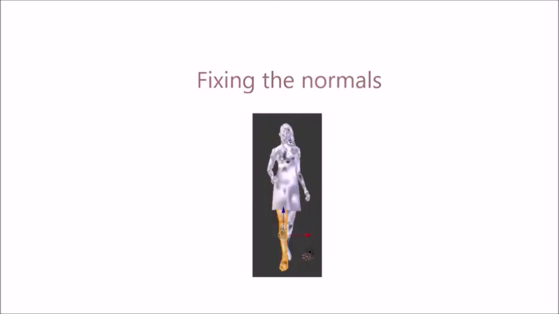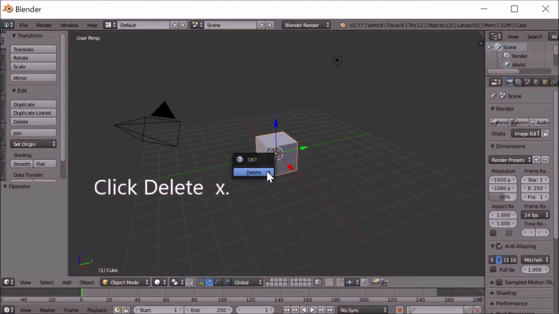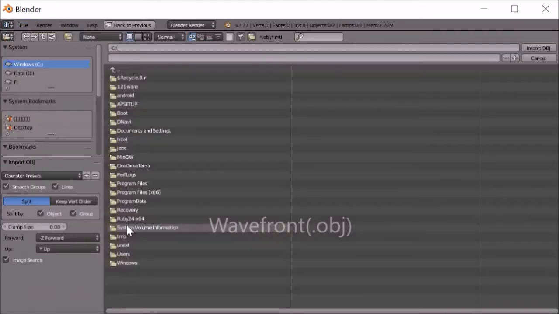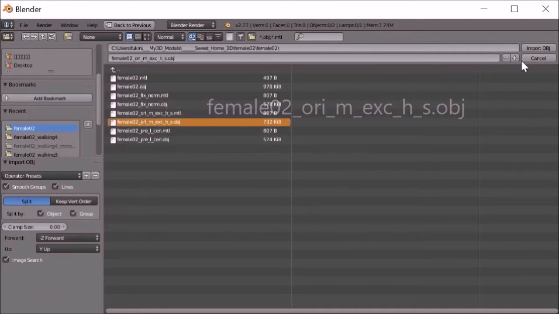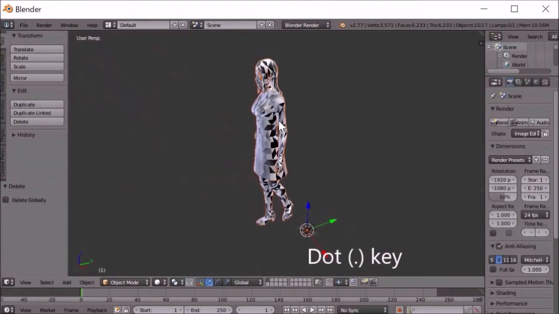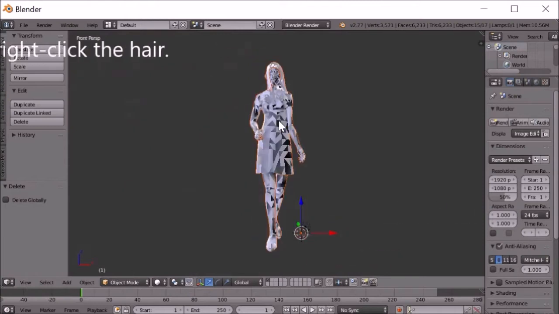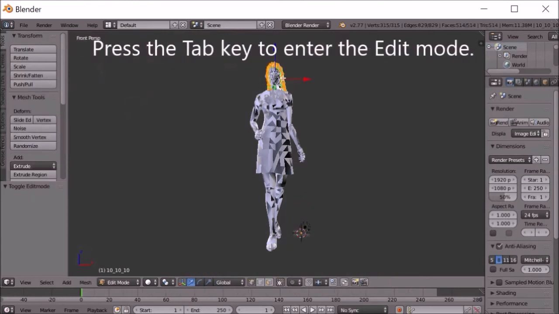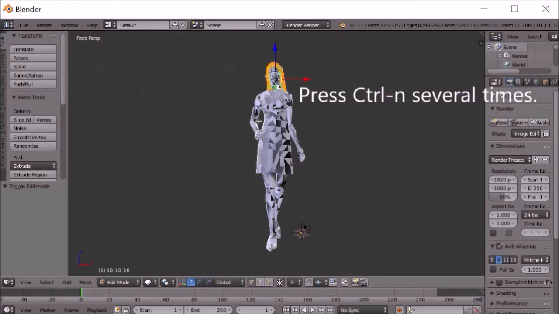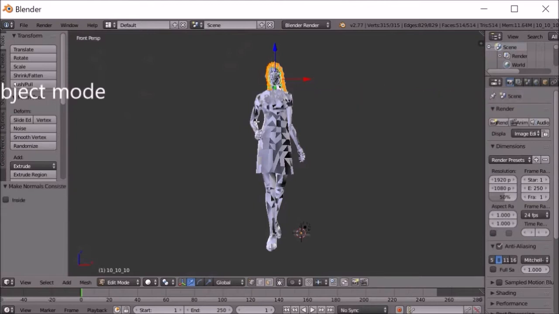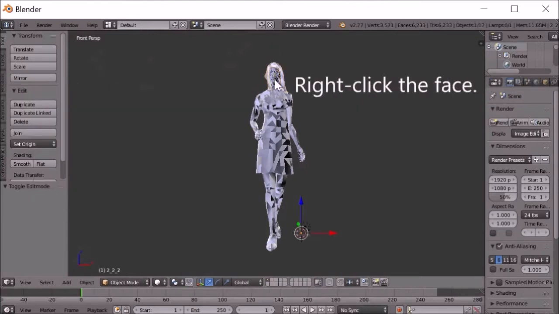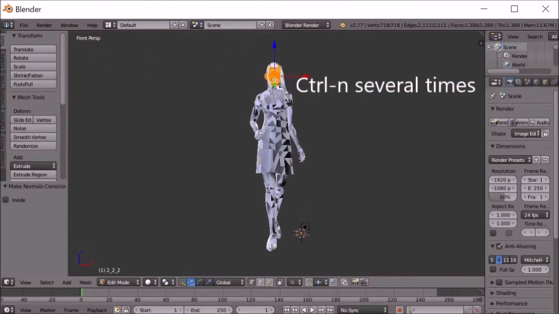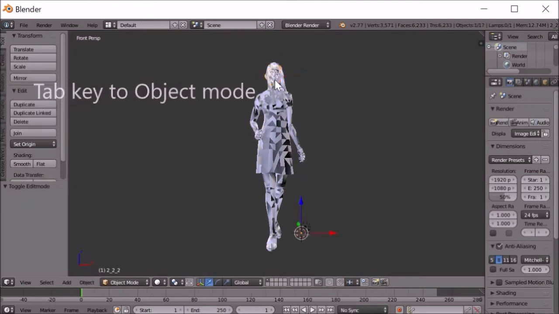Fixing the normals. X key, click Delete X, File, Import, Wavefront OBJ, the OBJ model for the second pose. Import OBJ, dot key, 1 key. In the object mode, right-click the hair, press the Tab key to enter the edit mode, press Ctrl-N several times, Tab key to object mode, right-click the face, Tab key to edit mode, Ctrl-N several times, Tab key to object